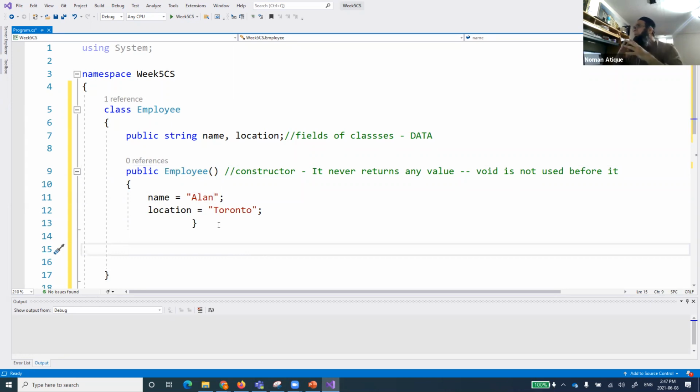But this is only the constructor, right? And let's talk about something that I might be discussing later on, but let's talk about that right now. What we do is that I want to define a method as well. Public void PrintEmployee.